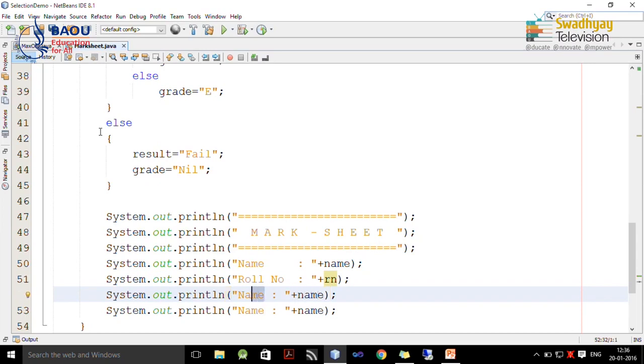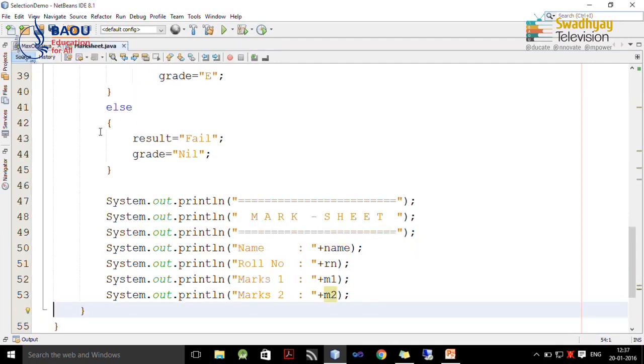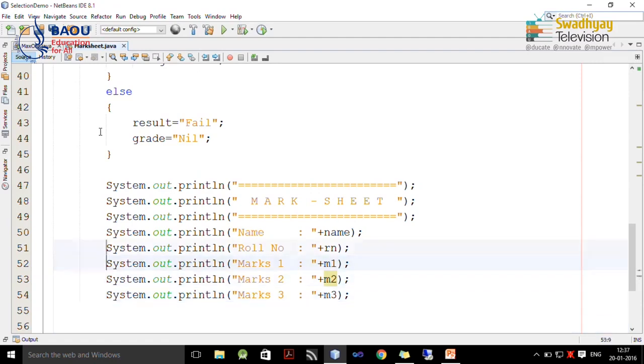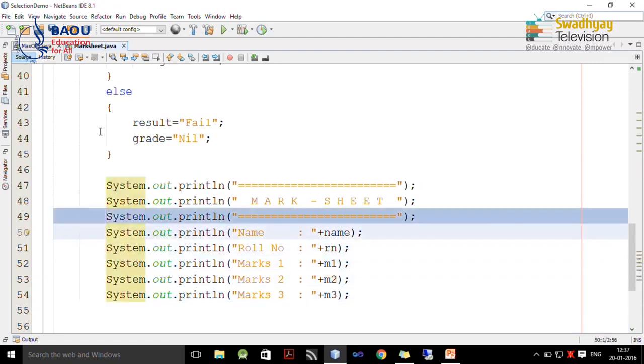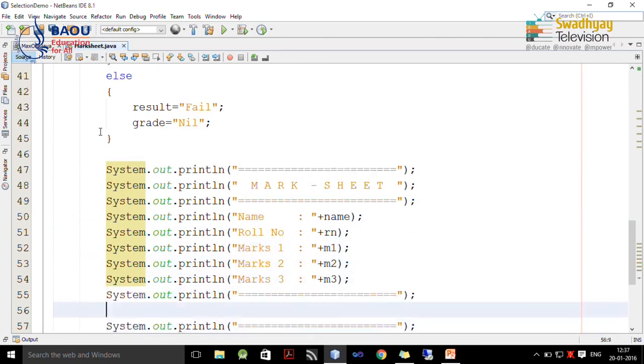Then we display 3 marks, which is entered by user, and here we display M1, then we display marks 2, then it is M2, and similarly we want to display marks 3, which is M3, and these are the actual values entered by user. Now, we want to display values calculated.